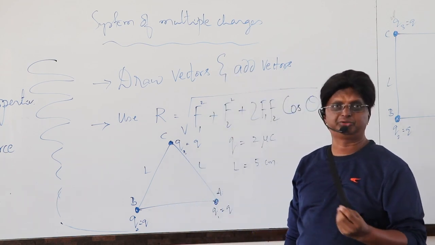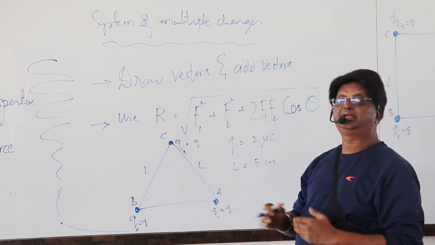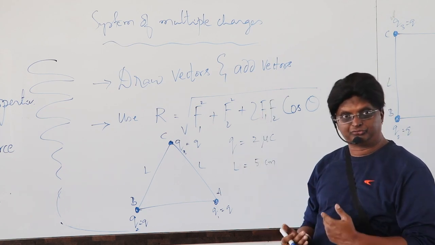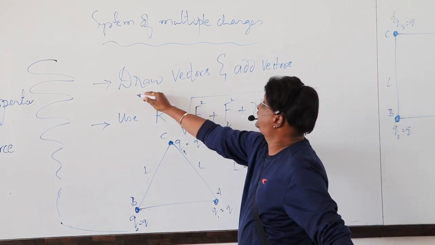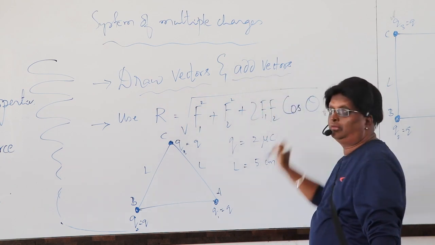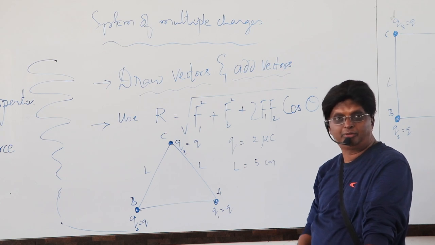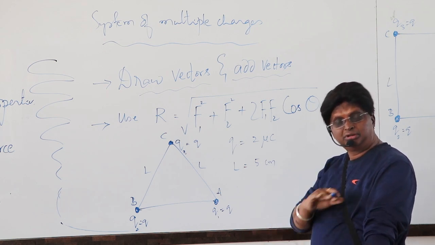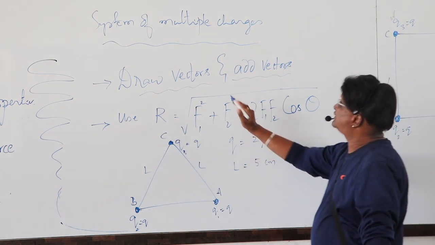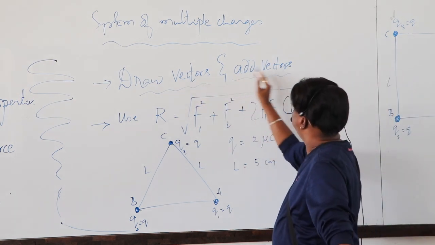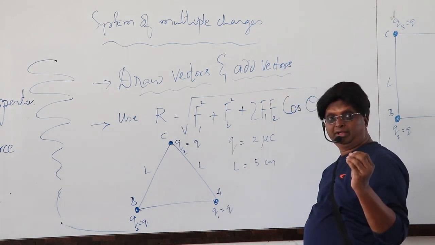I'll just show one or two examples here. Now here, whenever we see multiple charges and Coulombic force, the simple slogan is: draw vectors and add vectors. We have already shown how to draw Coulombic force as a vector depending upon attraction or repulsion, along the line joining the two charges. Now we draw vectors and add vectors, and to add vectors, again a very simple rule